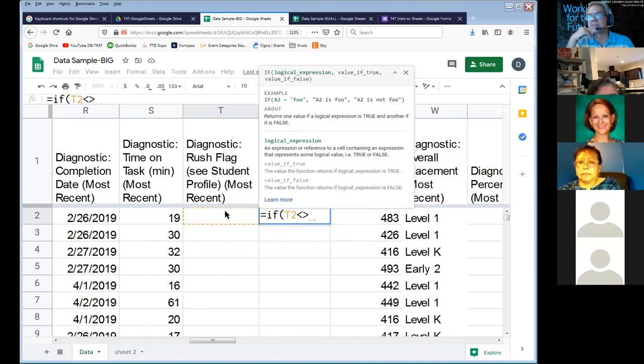So the not equal sign is greater than less than. What are we looking for? If it's not equal to, just a blank. And the way we indicate blank is simply two quotation marks. It's like text, right? Here's the word, but there's nothing in there. So if it's not equal to blank,